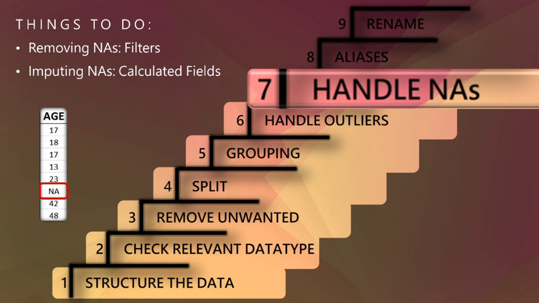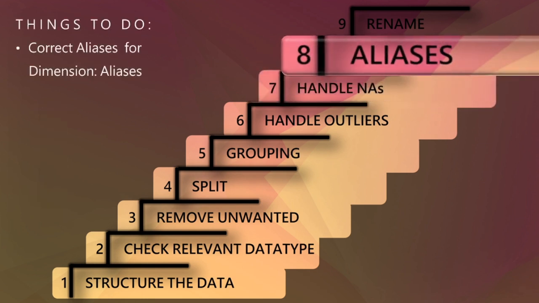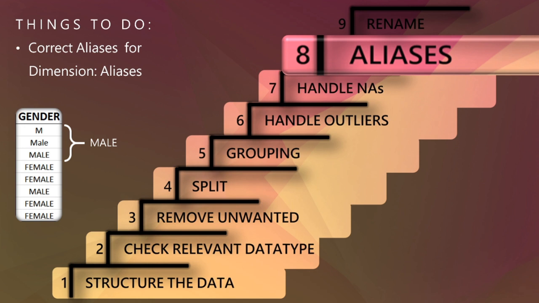So now we need to handle NAs too, and hence we would plan our strategies accordingly. Further, we have aliases. Aliases are the names or the labels given to the values of an attribute, as many times a single attribute contains the same value written in various ways. So it would create huge misunderstanding during analysis. As shown in the picture, male is represented as M, and also male in sentence case and in uppercase letters. Hence, to solve such a problem, we prefer aliases.